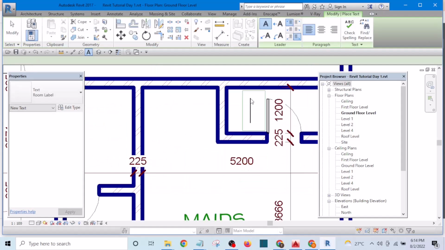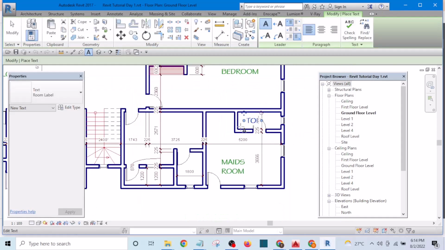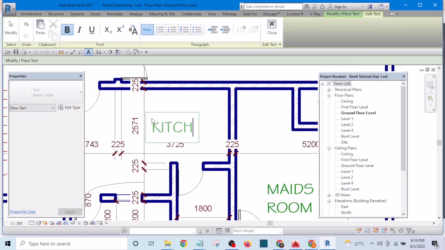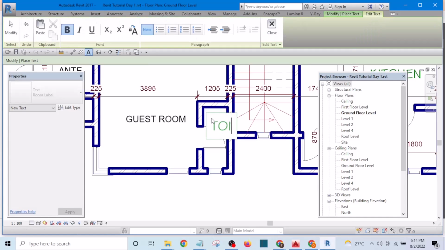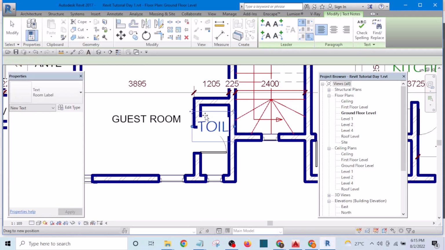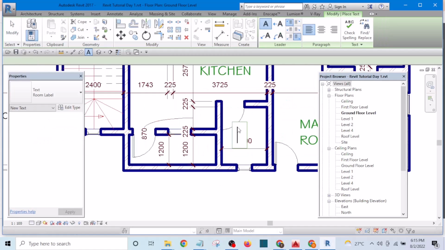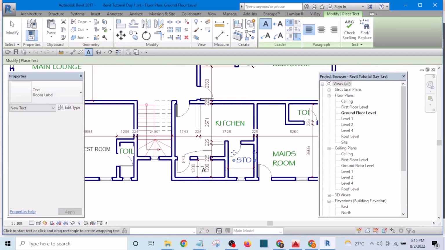I have toilet there, and this is kitchen, and this is toilet, and this is store, and this is veranda,